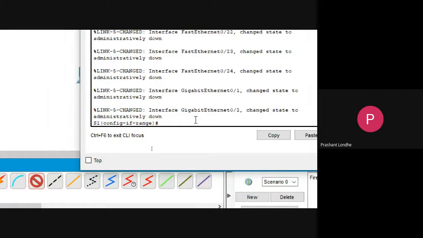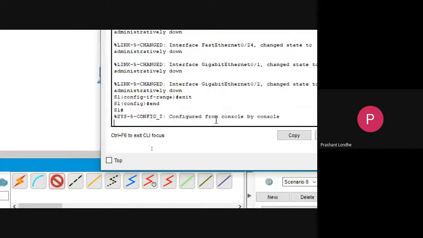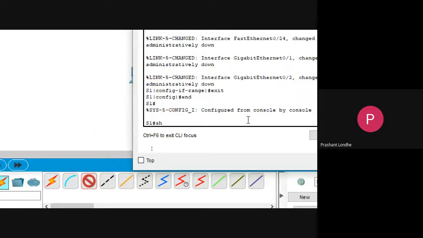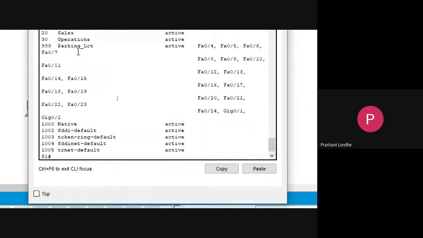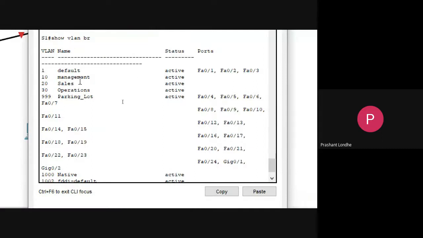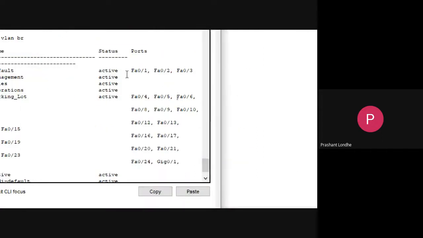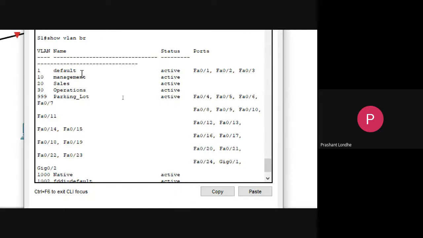So all the other ports will be switched off while allowing that particular access. Exit, end, and show VLAN. Now you can see all the ports are assigned to the parking lot. So basically we are done with the port assignment.